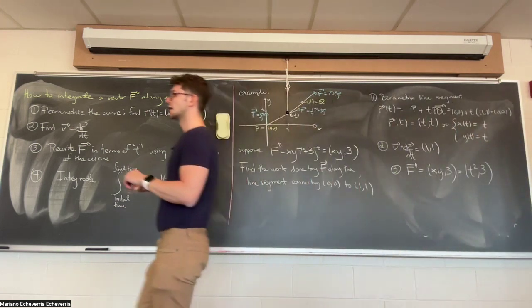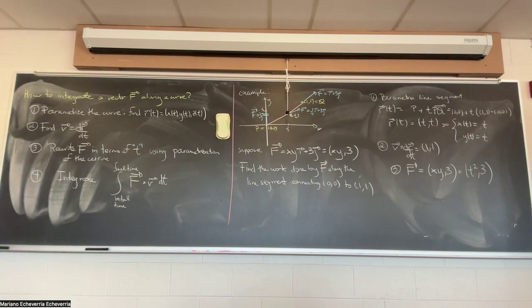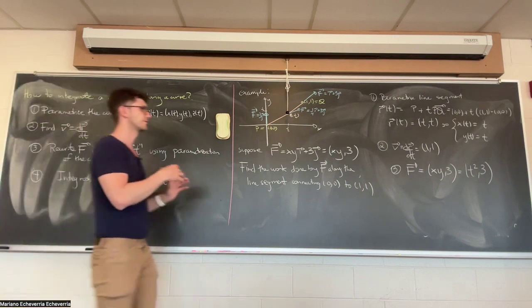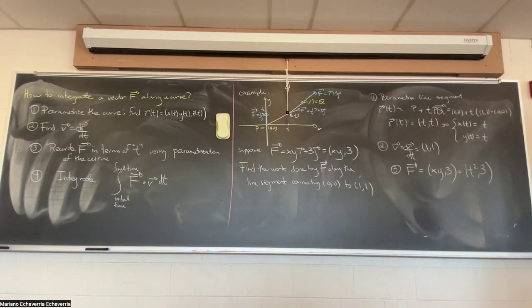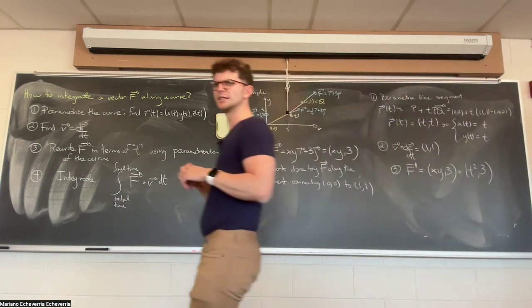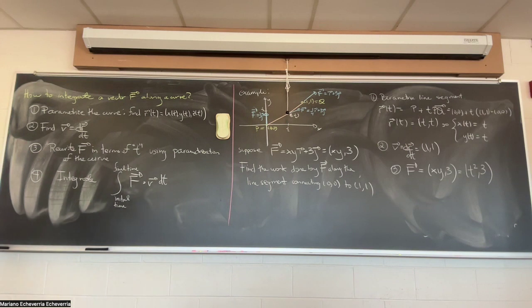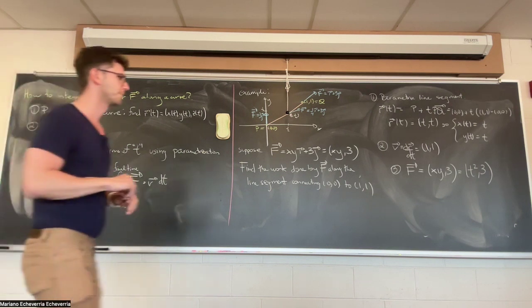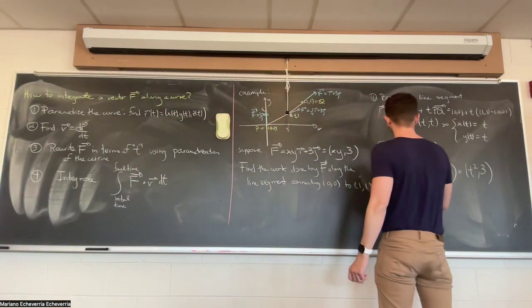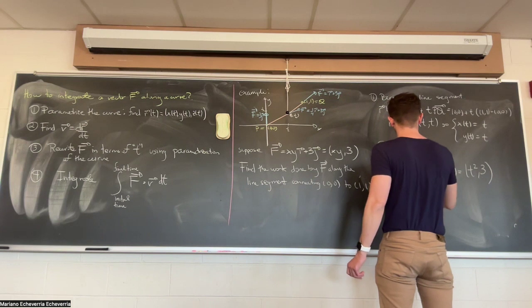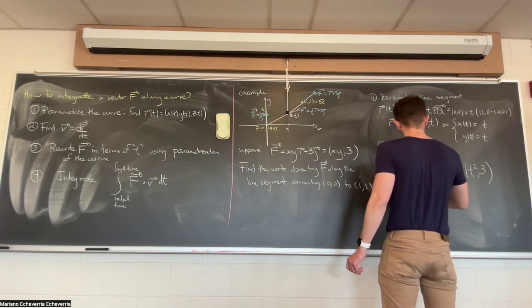That is how the vector F looks along the line segment in terms of t. Making sense? Now it's more or less ready to go, because what you have to integrate is the dot product between the velocity vector and F. So we have to do F dot v dt,